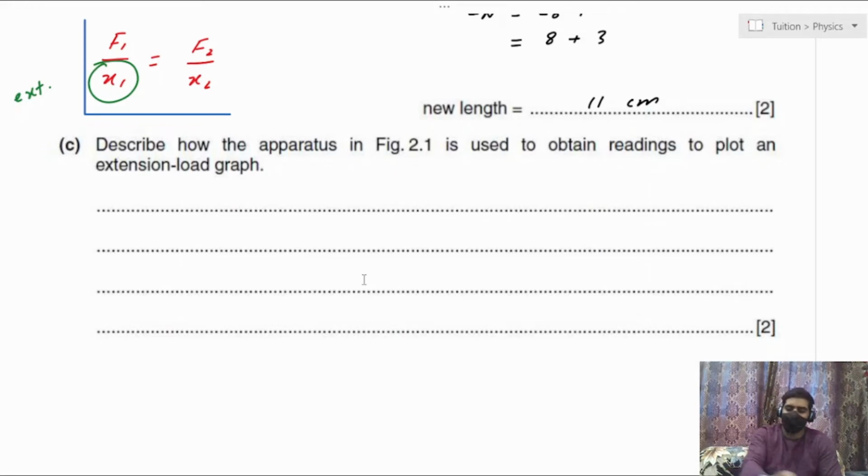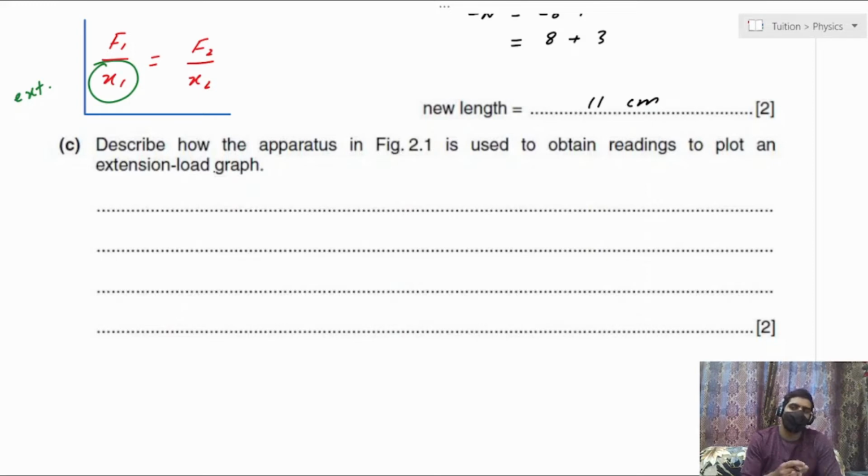And once you have 2 or 3 points, then you can plot it on the graph, join the points with the help of a straight line, or I mean if it has not reached the limit of proportionality, it would be a straight line. So you just simply join the points and you'll get a graph that would represent